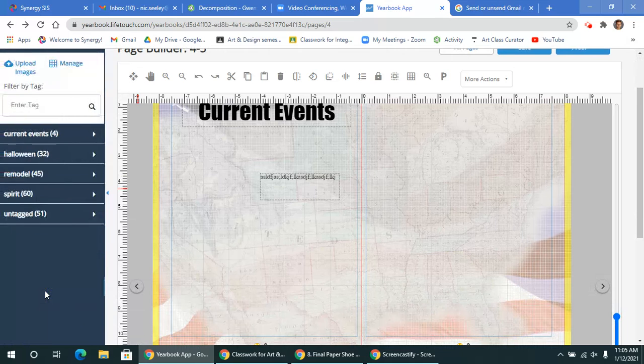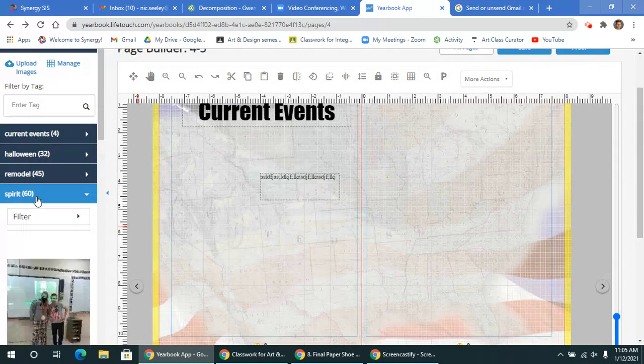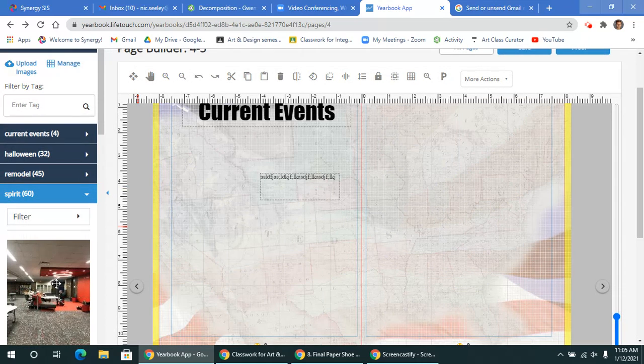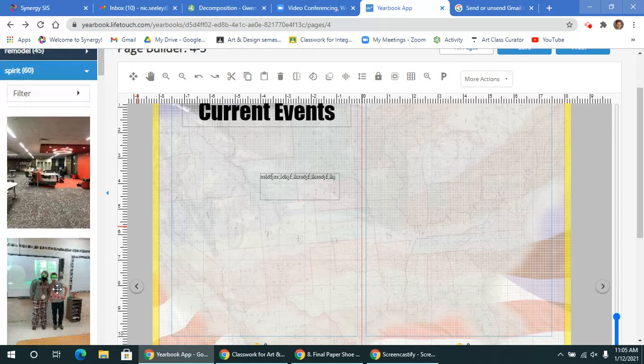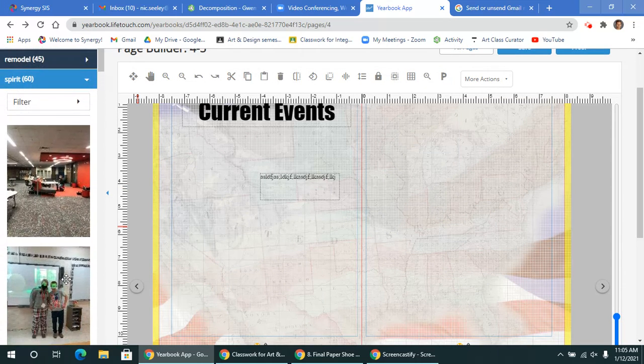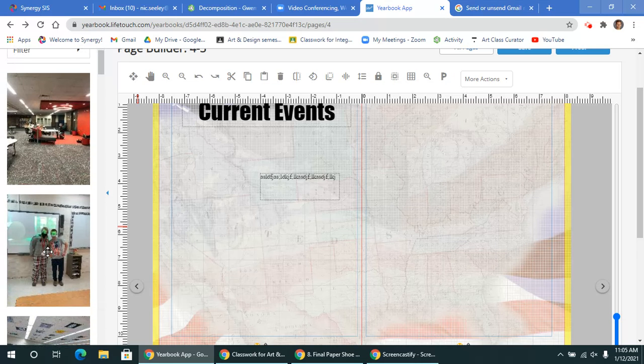And then images. One of the most important parts of your yearbook is adding images. You can see that I've already tagged some of these things in here. So let's say that you wanted to find something from a Spirit Week, for example. You can find a page that you want, click on it, and then drag it into here. Obviously, this isn't current events. This is